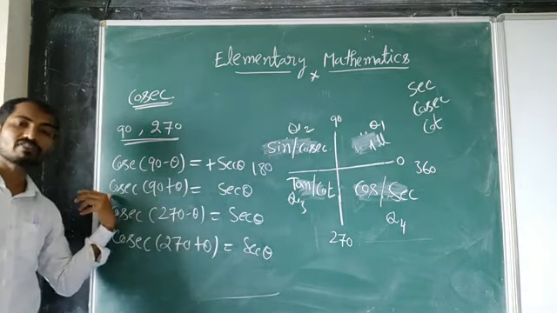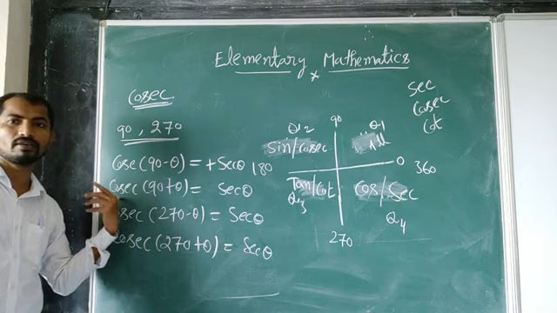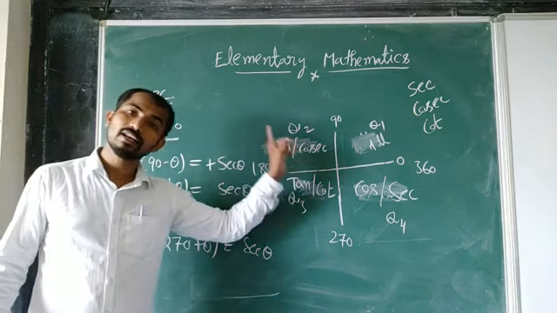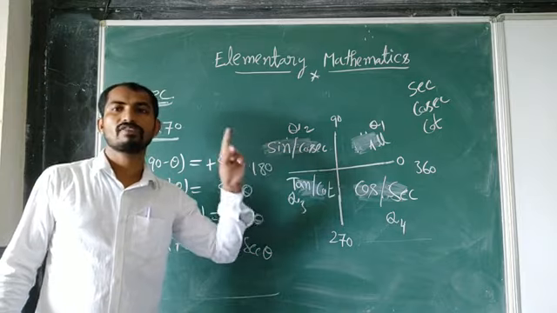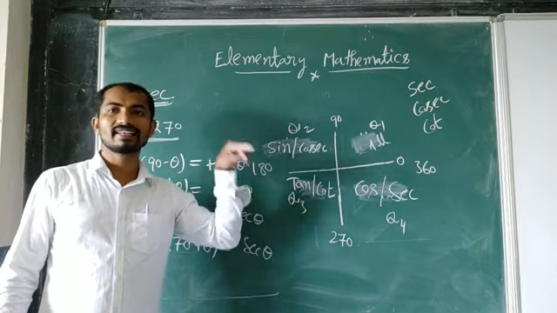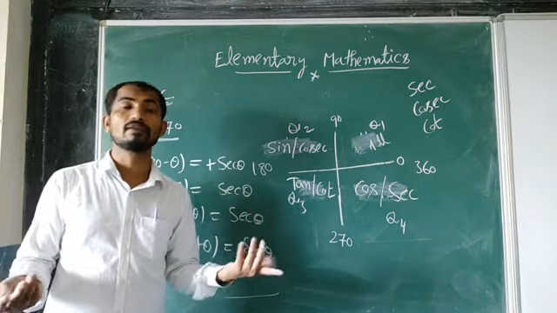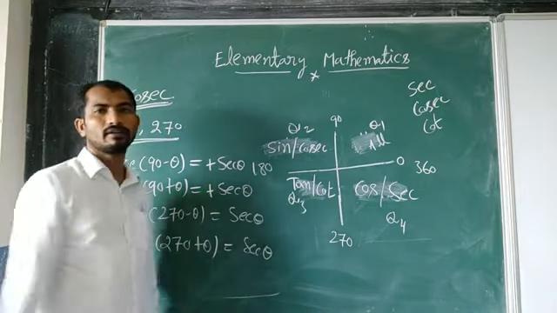So what is our base function here? Cosec. Okay, cosec is the base function. अब देखना, cosec is there in the second quadrant also. Our base function is cosec and cosec is there in second quadrant also. So which sign I have to write? Plus I have to write. Clear?